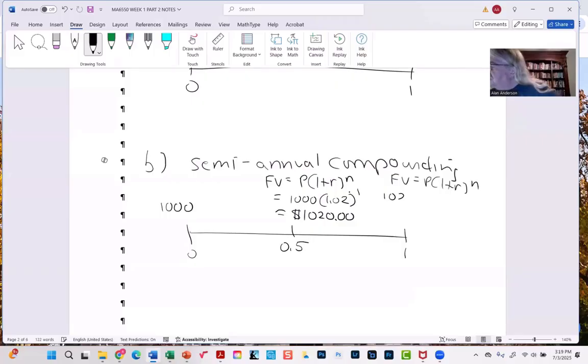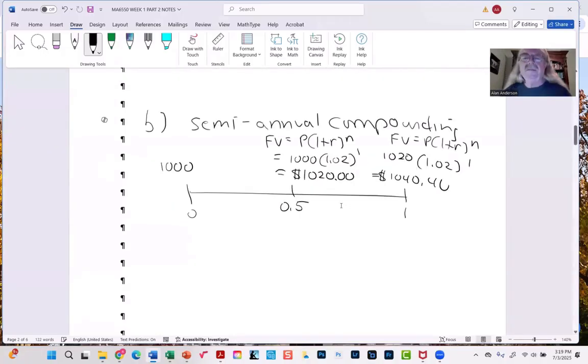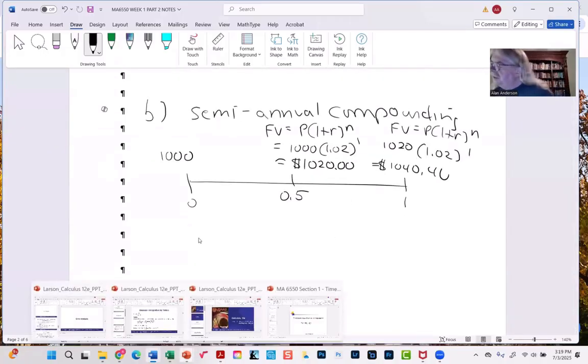This time the principal is not 1,000, but 1,020. So we're actually multiplying 1,020 by 1.02. That's 1,040.40. All right, so you can see the difference already. We started out with $1,000 in principal. The total interest must therefore be